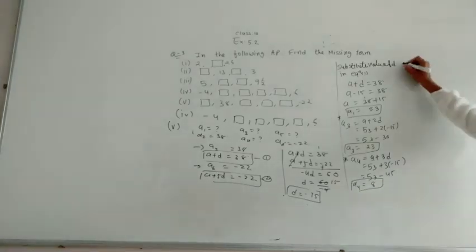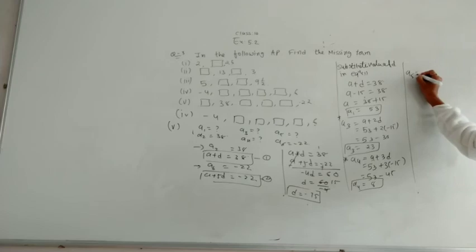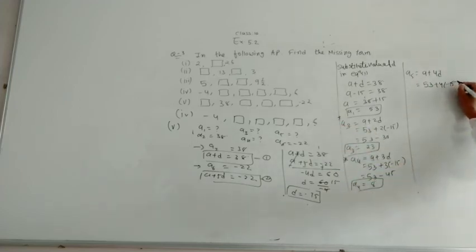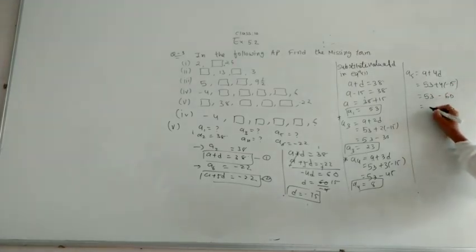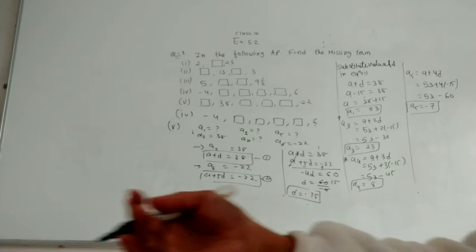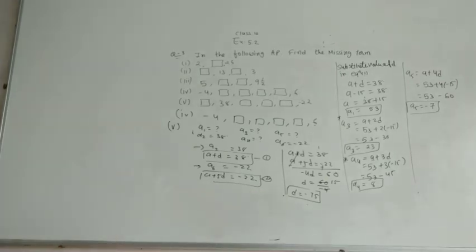Now here we got a4. Let us find a5, that is a plus 4d. a we got as 53. d we got as what? So minus 15. 15 fours are 60. 60 if we minus 53 karenge toh 7 bachega, and this symbol will be minus. So a5 we got as minus 7. Now this is the end of this question, because we have to find this much only. I hope you understood.